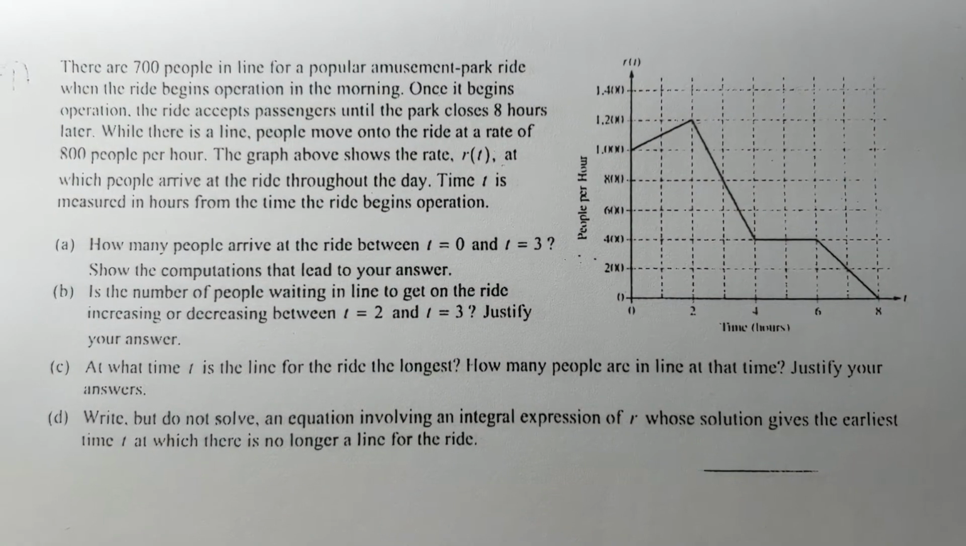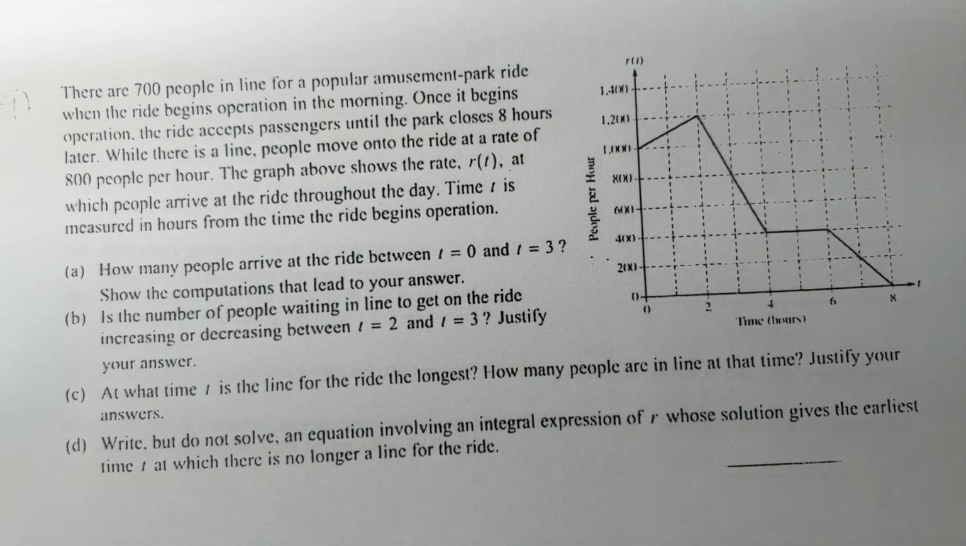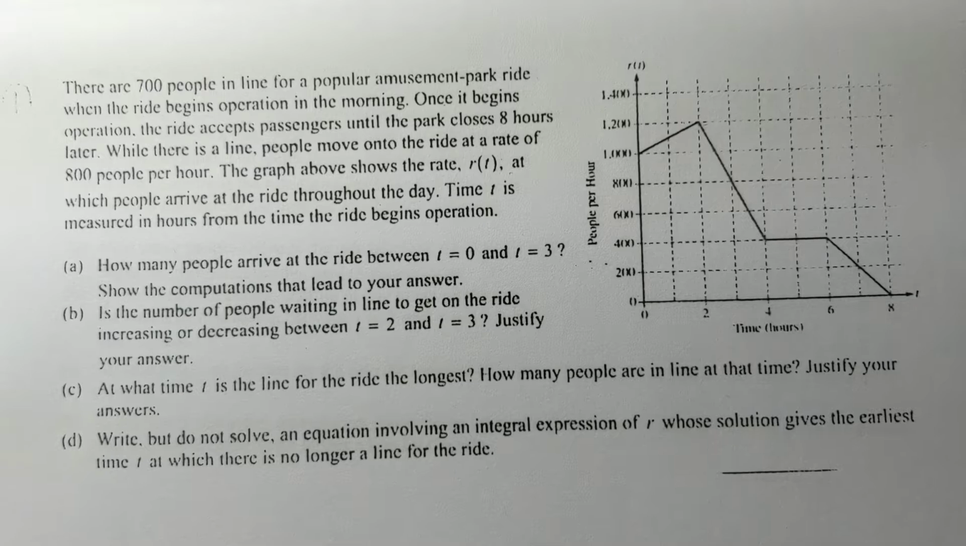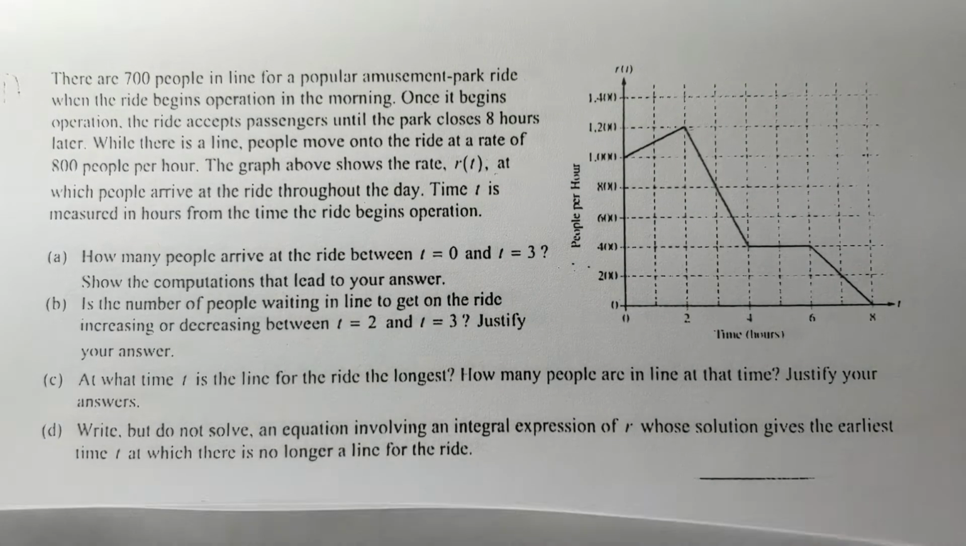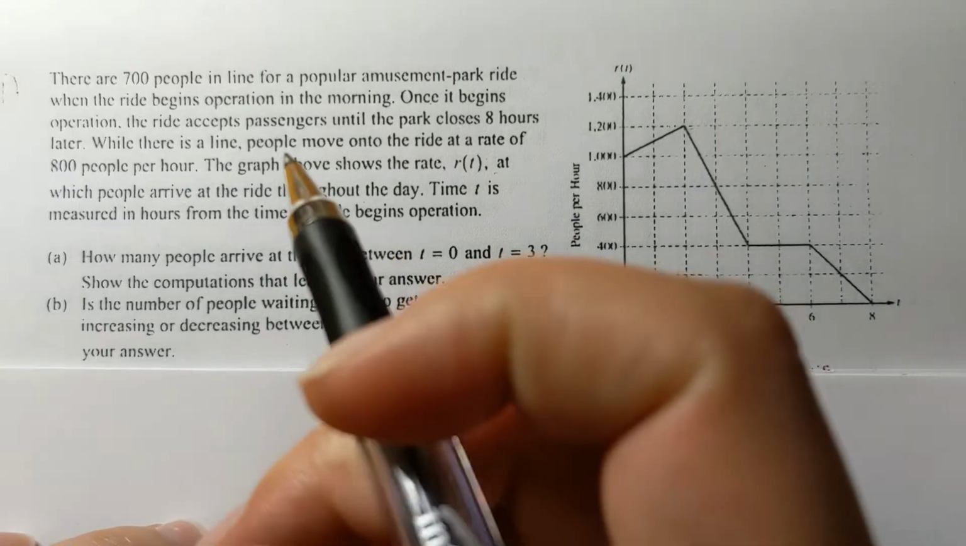Good morning everyone. Today we're going to continue with word problems. Let's take a look at question number 1. Question number 1 says that there are 700 people in line